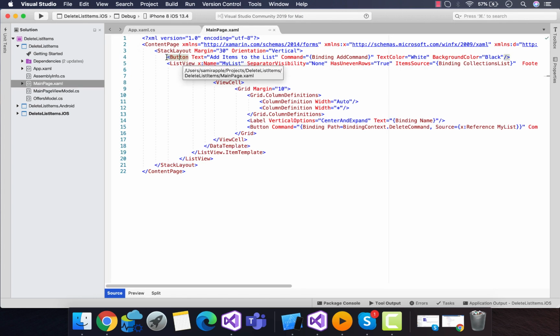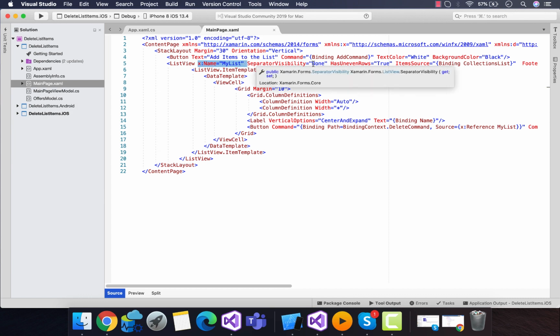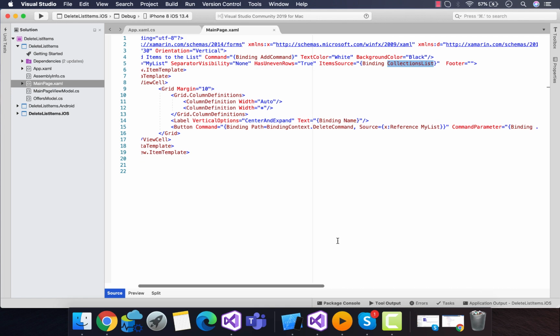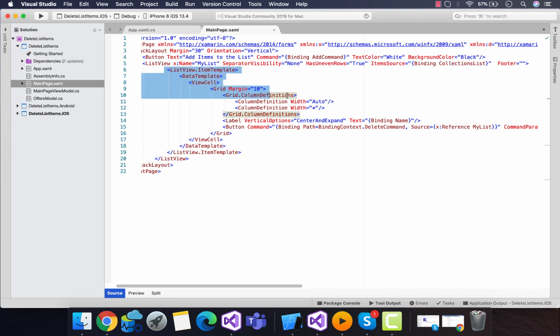So here a button and a list view are added inside this layout tag. It's just a basic demo app. You will see over here I have added an add command for that button, for the MVVM way of getting that button clicked event inside the view model. Here I have initialized one list view, which I have named myList, and you can see over here the item source is CollectionList, which will get all the list content from the view model.